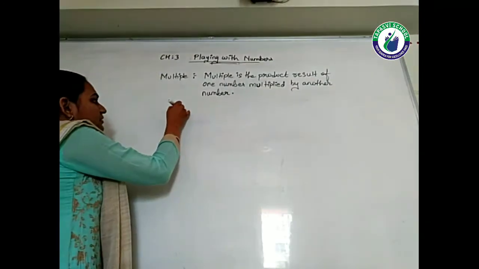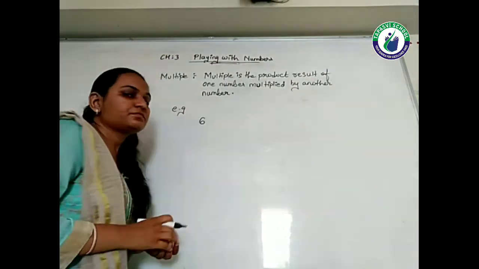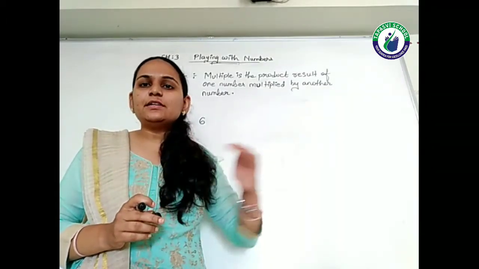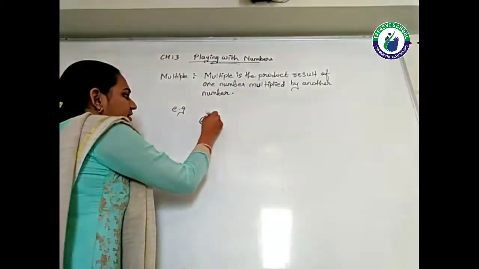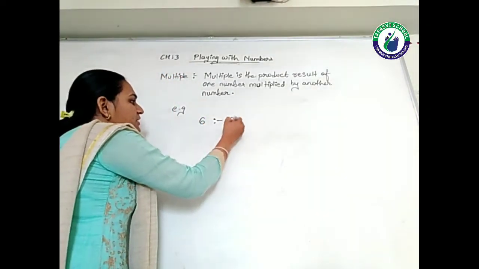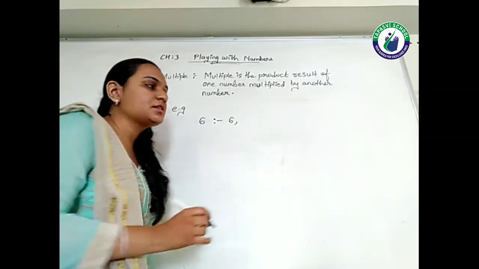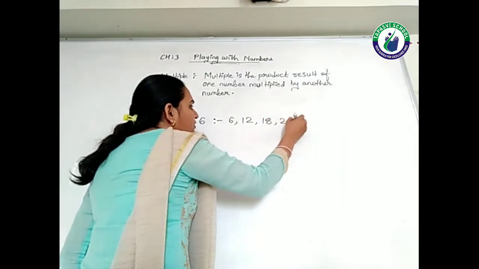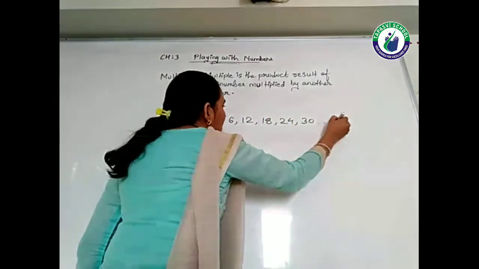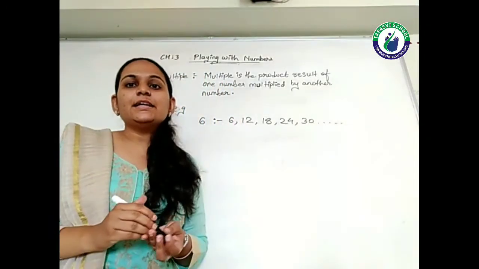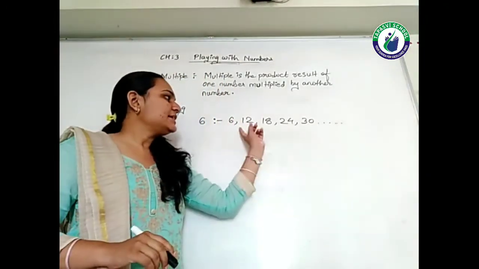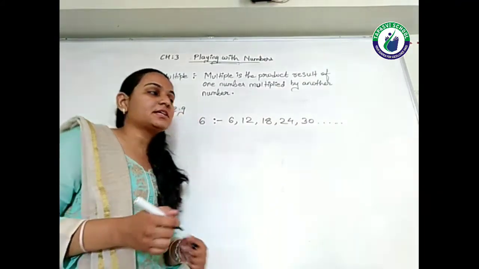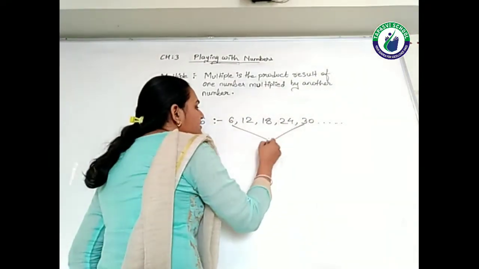Okay, the example I am taking here is 6. And if I need to write the multiples of 6, right? Multiple is nothing but writing the table, right? So let's begin with the multiples of 6, students. 6 ones are 6. Next, 6 twos are 12, 6 threes are 18, 6 fours are 24, 6 fives are 30, and so on. Right? So whatever is written, 6, 12, 18, 24 and 30, what are these? These are the multiples of 6.